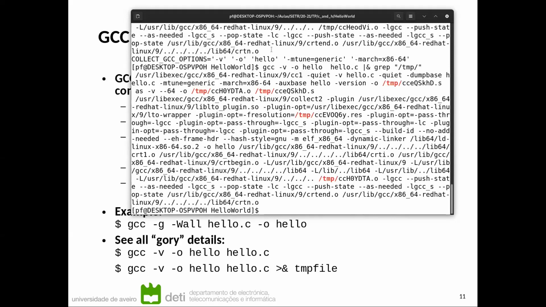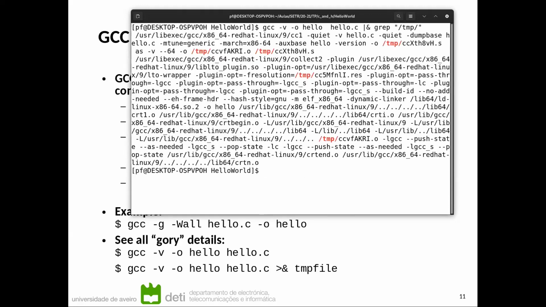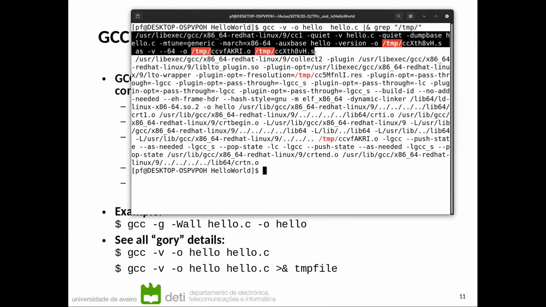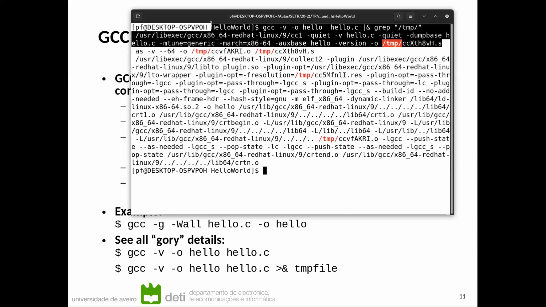Okay, and now I have here the answer. Let's just clear the screen and show it again. Look at this first line. The first line actually is just this one.